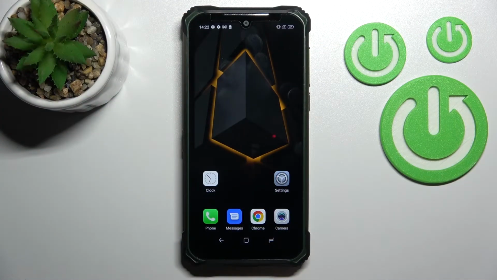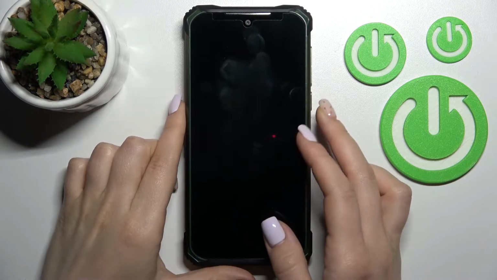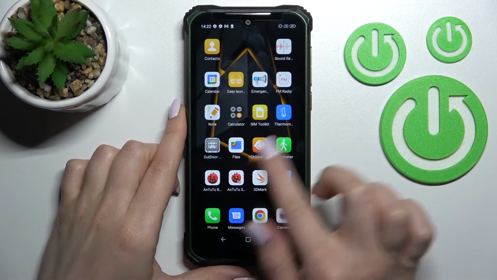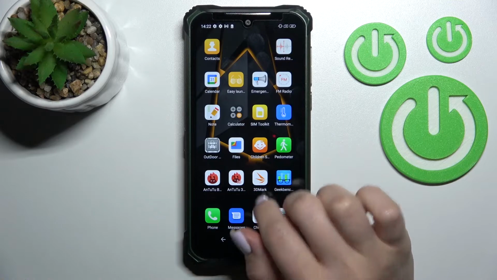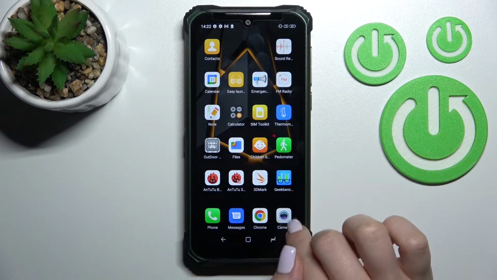Welcome to the DOOGEE S86 PRO in front of me, and I'll show you how to change the lock screen wallpaper on this device. So now you can see that we have the same wallpaper on the lock screen as on our home screen. So just to change it, we should go into the settings application,